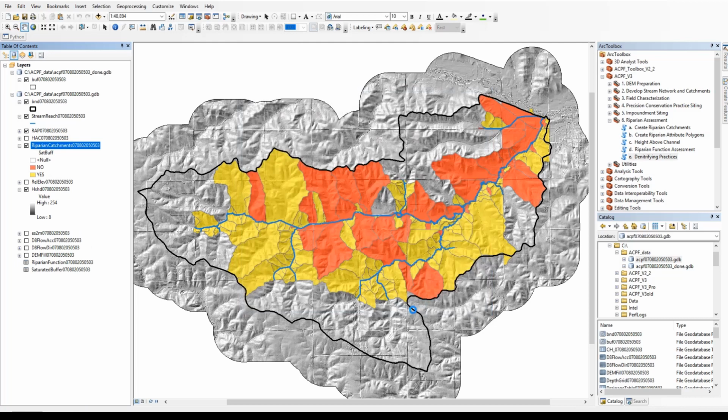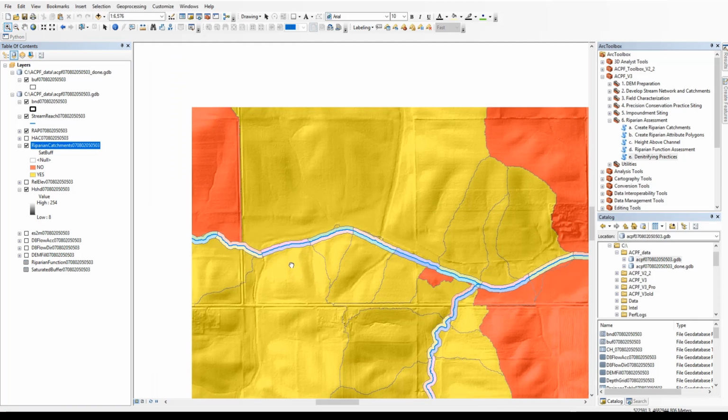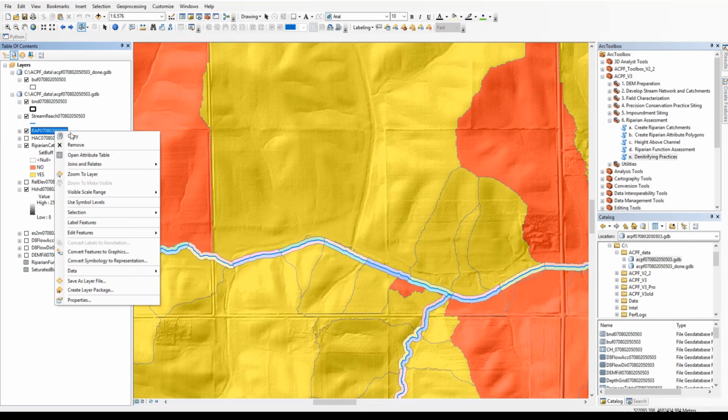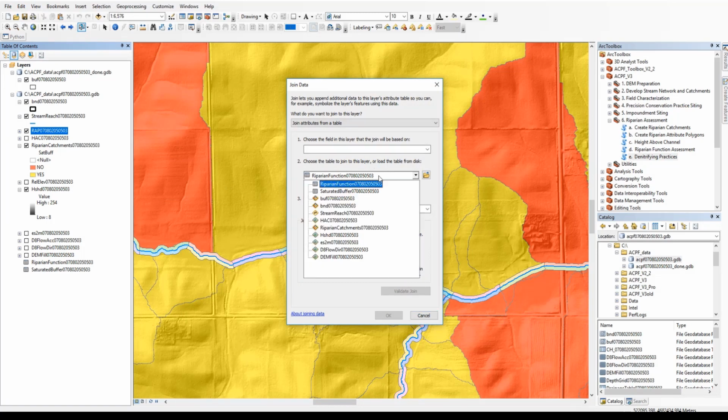Hit apply, OK. And we can see that we have quite a few suitable sites along here that would be good for saturated buffers. We can also join this table to the riparian attribute polygons.